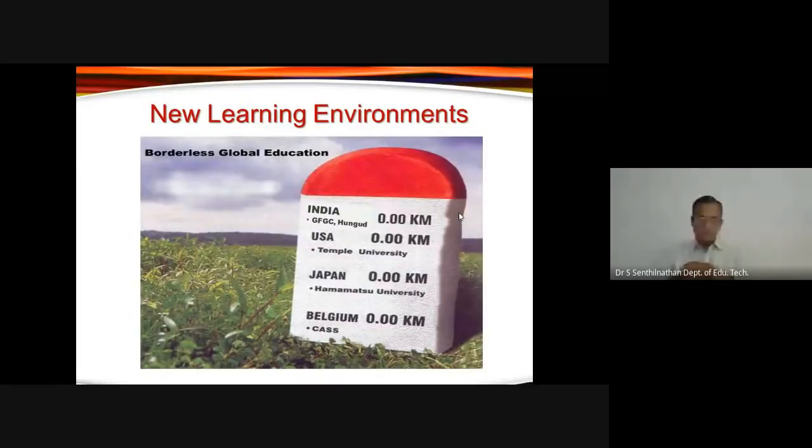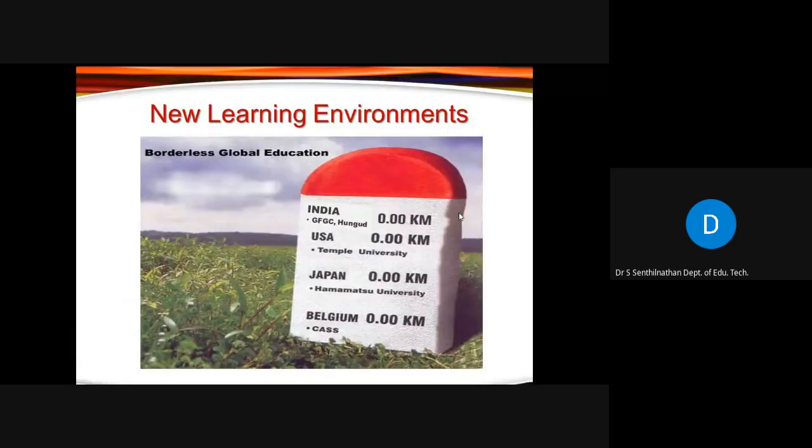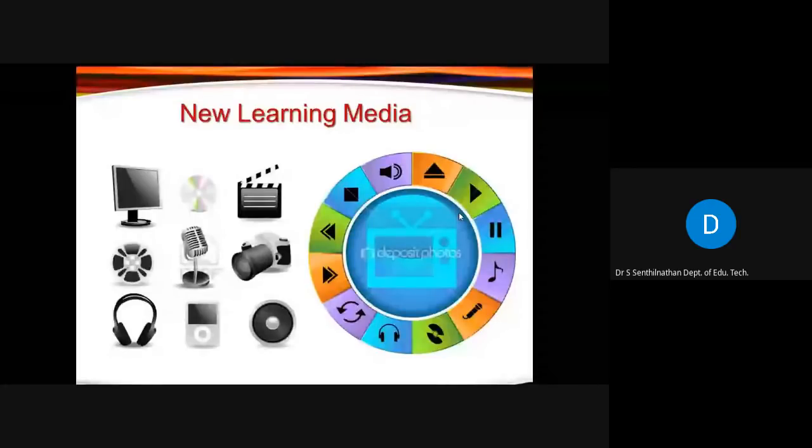In fact, today, with all these technologies and initiatives like massive open online courses, it is not the students who go to the institutions, the institutions go to the students, and the institutions go with the students wherever they go. That is what I would like to highlight here. So, the learning medium, as I told you, is not only print and text, but also multiple media, the so-called multimedia.